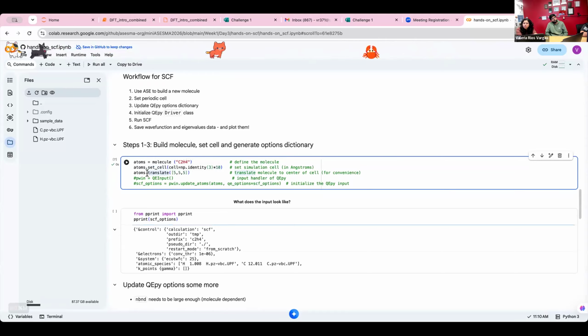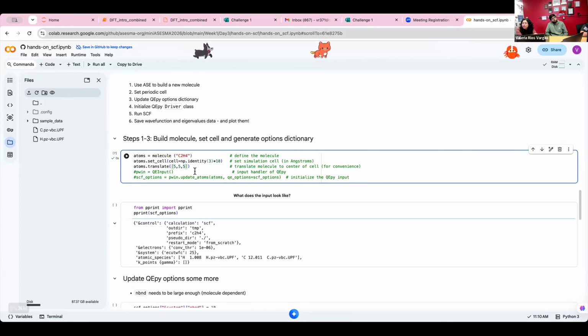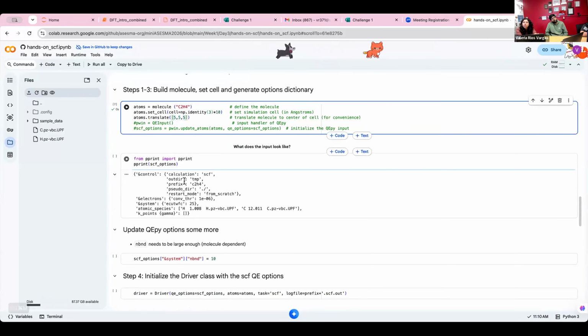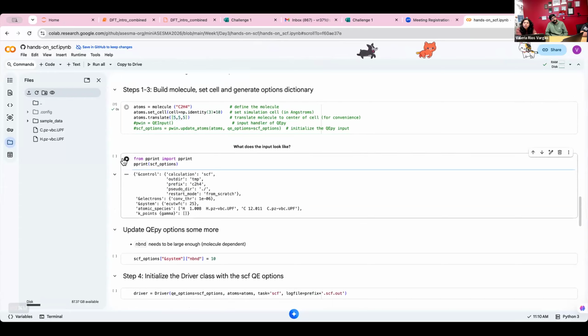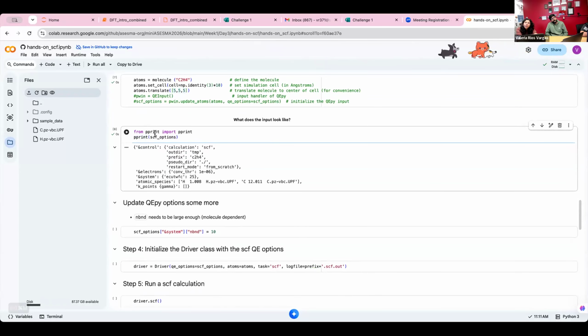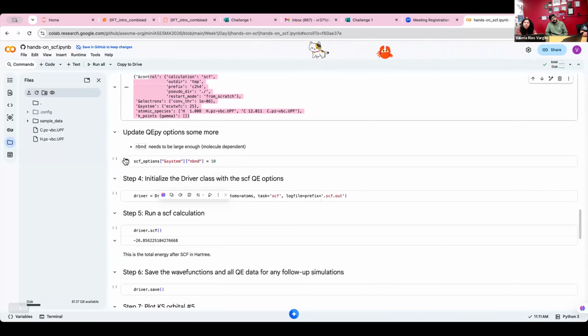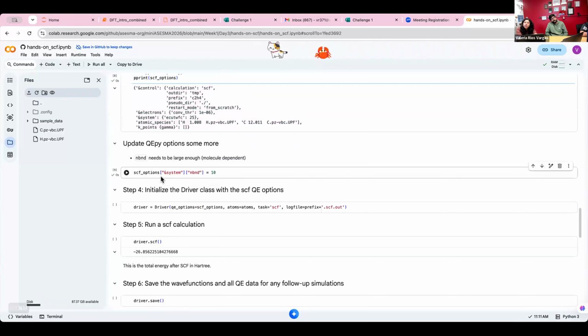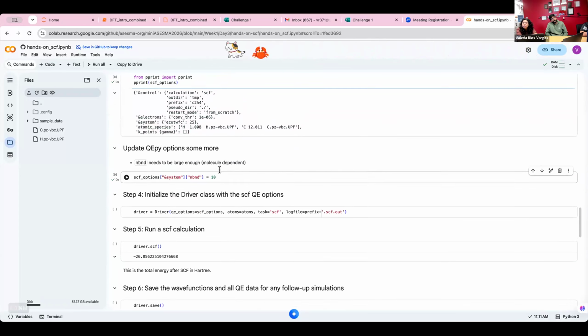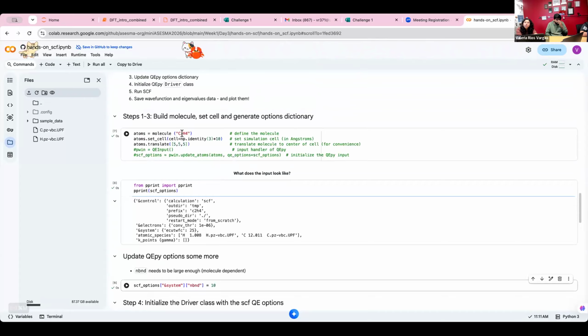You can also just do atoms.center. You don't need to put this one. There are different ways of using ASE. So this is one way. And then what we're going to do is print the SCF options. This looks exactly like an input file from QE. So then we define the number of bands. We're going to be using 10, and that's because we have 4 hydrogens, so it has 4 electrons, plus the 2